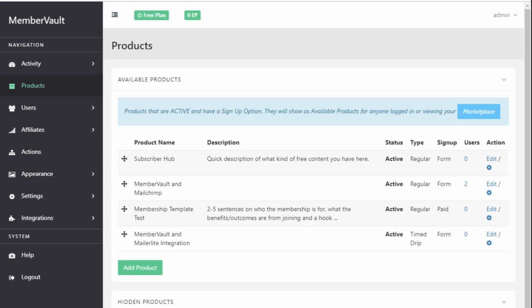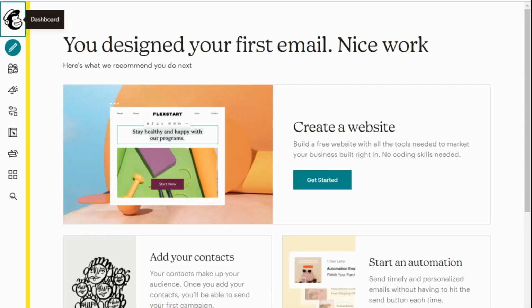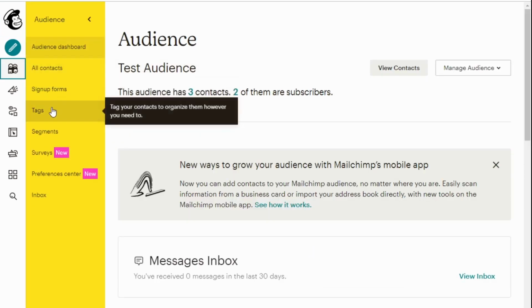So the starting point is over on MailChimp. In MailChimp, we're going to create a tag which will help us identify the people who sign up for a particular product. So for example, if we're going to work with a product called integrating MemberVault and MailChimp. To do that, to create a tag, you go into Audience, Tags,